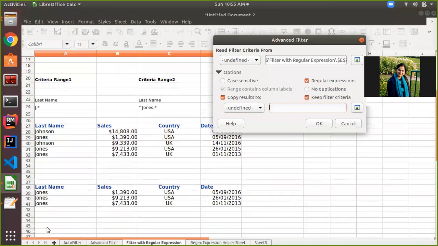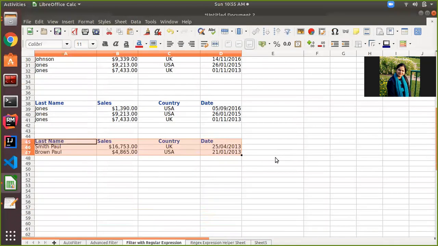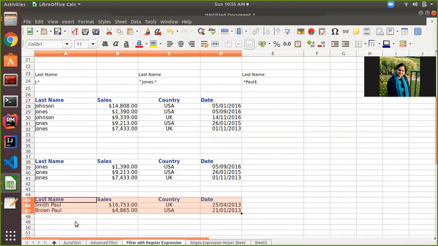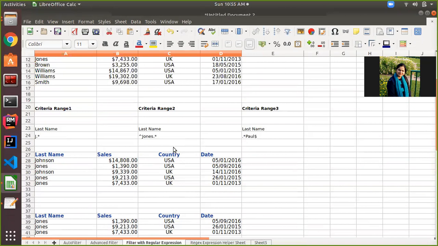Now for this criteria I want to filter records here, click on OK. See, it's displaying two records, Smith Paul and Brown Paul, since these are the only two salespersons whose name ends with Paul. So this is how we can use regular expressions.